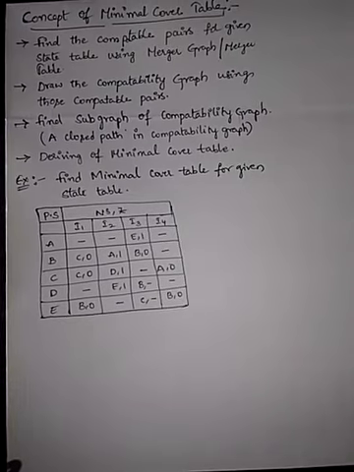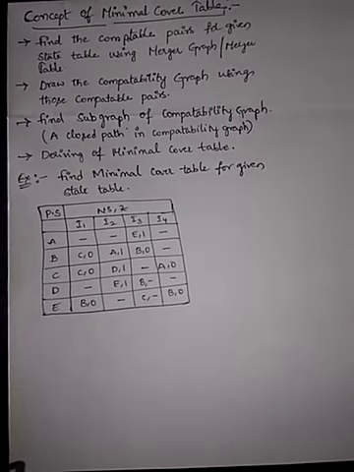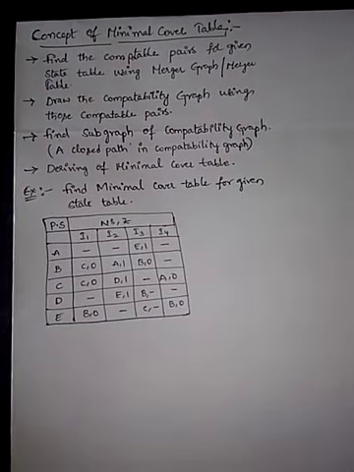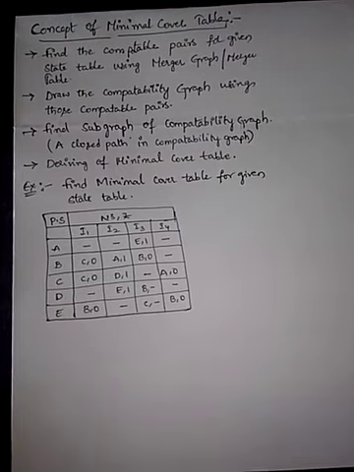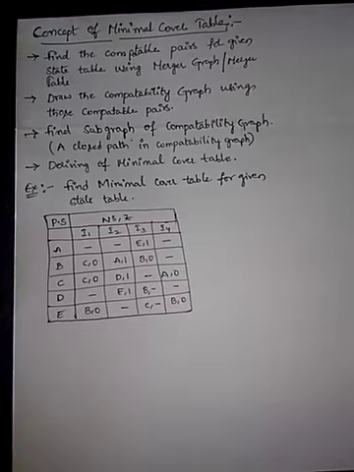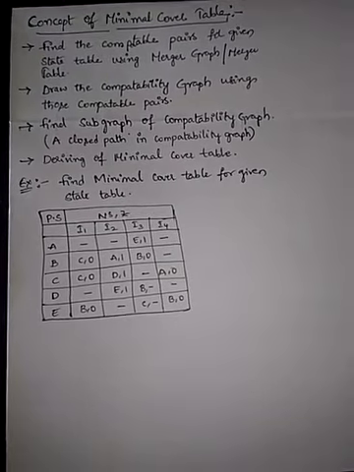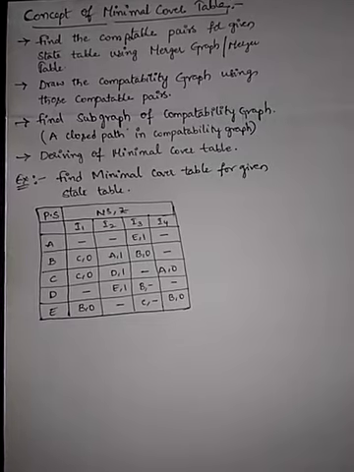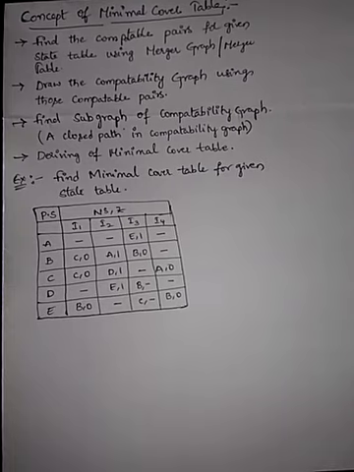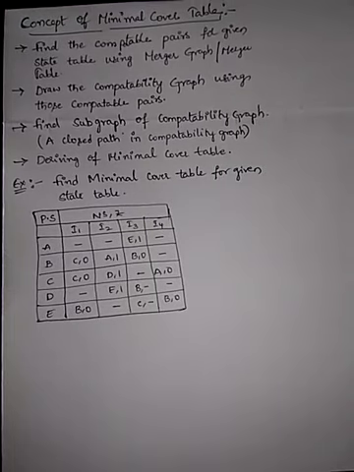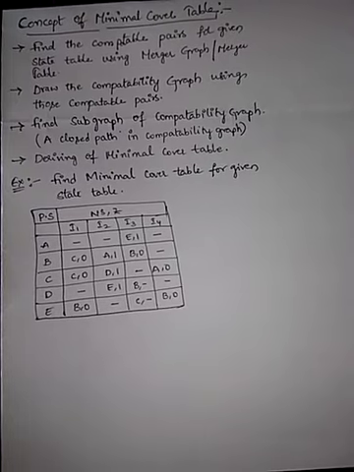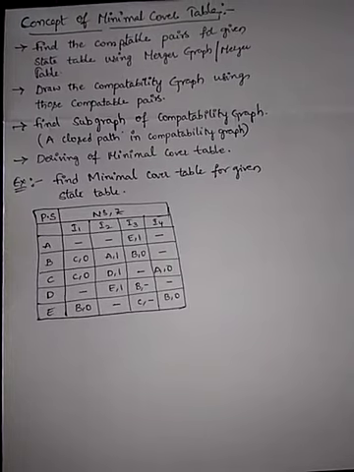As we discussed earlier, if the number of states is more, you can prefer the merger table method, whereas if the number of states is somewhat less, that means 4, 5, up to 6, you can go with the merger graph. So that's your wish. You can use either merger graph or merger table for finding the compatible pairs. Okay, so you need to find the compatible pairs, not the maximum set of compatibilities. It's very important. It's enough to find the compatible pairs.